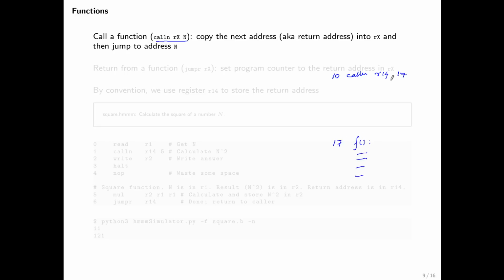Okay, now when this instruction is executed, what is the value of R14? Well, it is 11. So there's some instruction here, and it is 11 that is stored in R14. Okay, and a jump is made to instruction 17, which is where your function starts, and the function goes about doing its own thing, and at some point